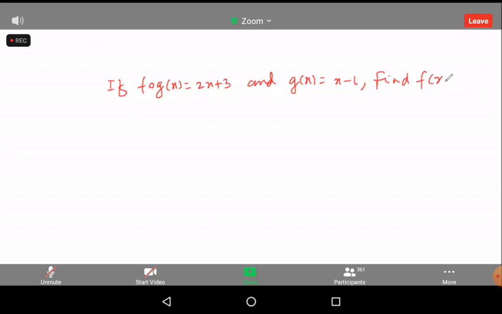For this problem, f naught g of x is a composite of two functions f and g, function g of x